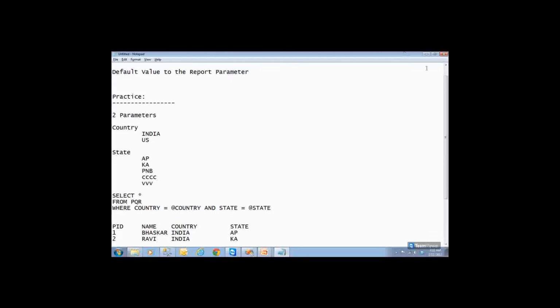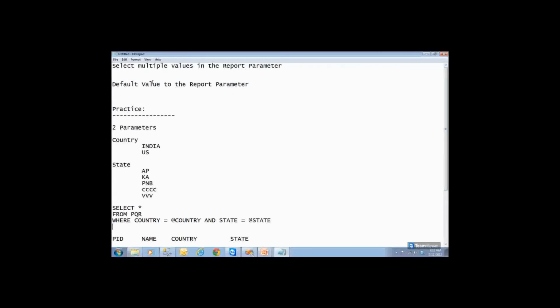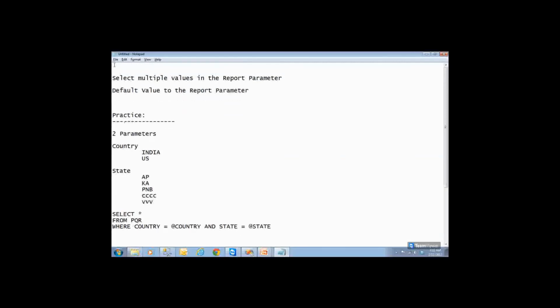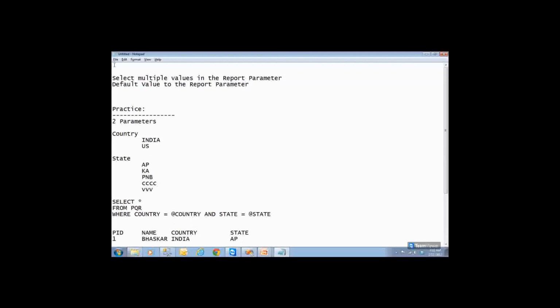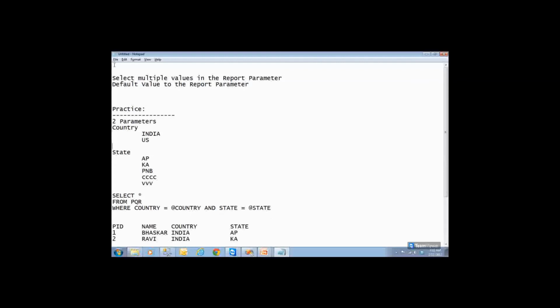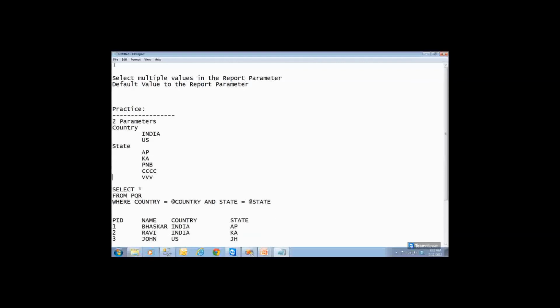We discussed how to create a parameter, how to give default values and how to provide a drop-down list box. All of them we discussed today. Okay. So please practice this report and come back to me tomorrow. And this is your practice. Make sure that you have done this work, or you can chat with me anytime and give me your feedback. Or if you find any difficulties, please write a query to me.